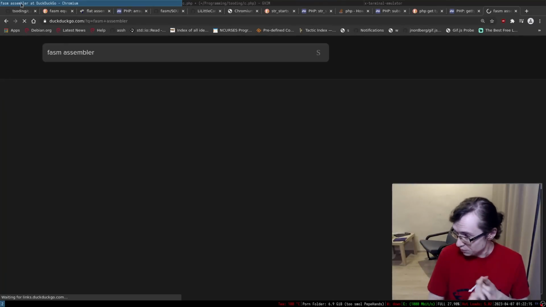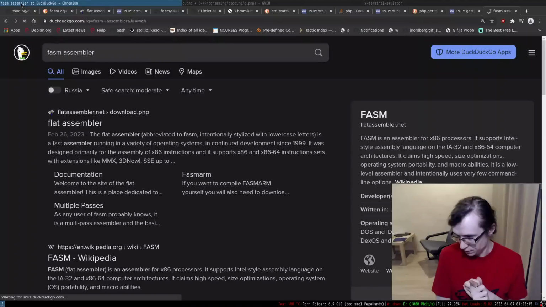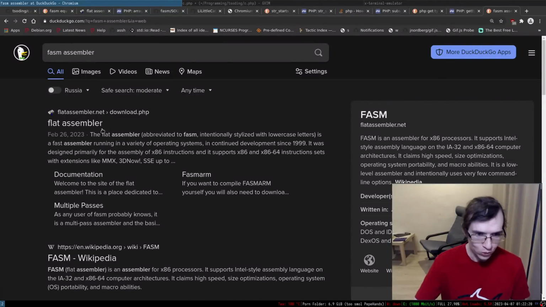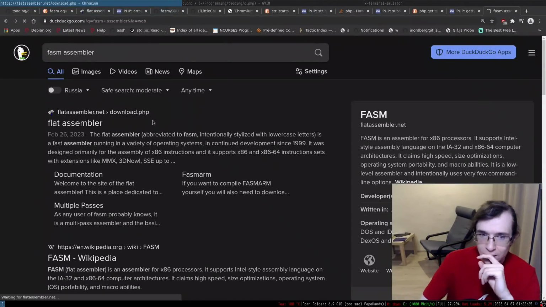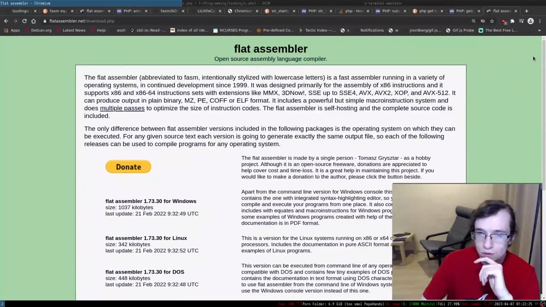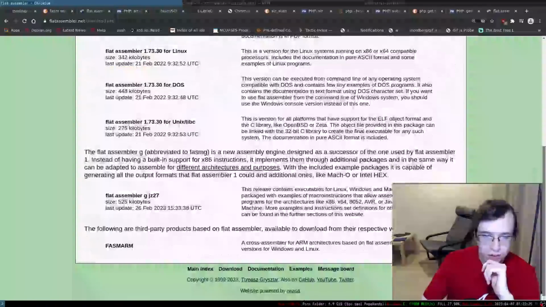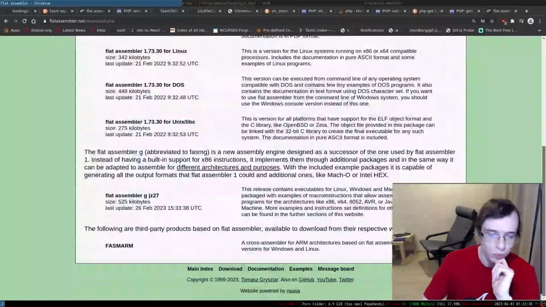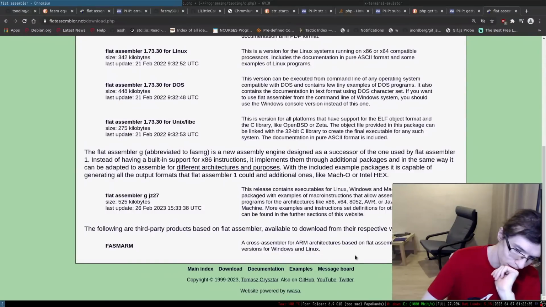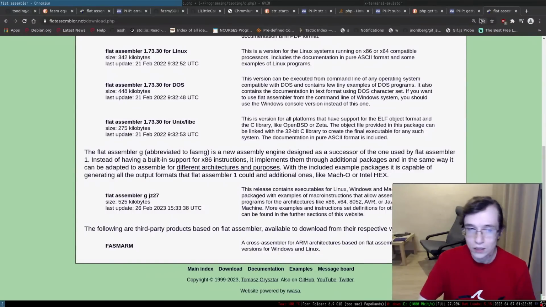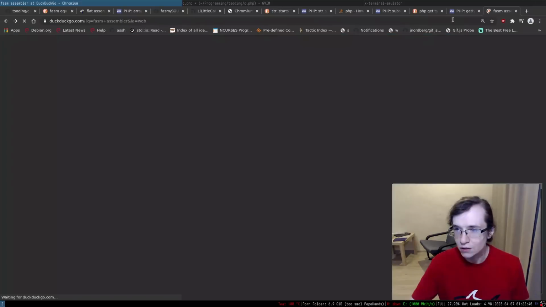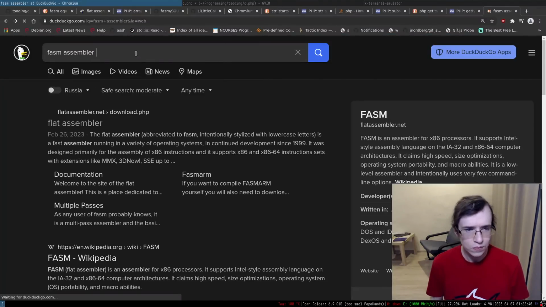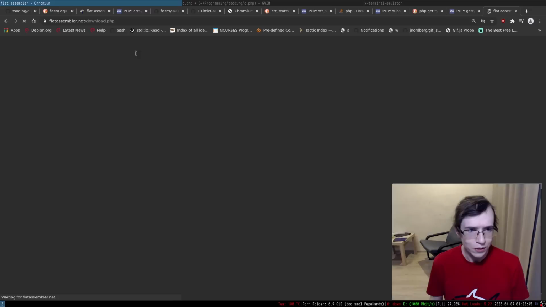They have an operating system implemented entirely in fasm. They also have a web server or something like that. It's so freaking cool, and it's still active. So this is the flat assembler. There was a board somewhere in here where they would communicate, but I don't quite remember where. Let me find the operating system. I forgot its name. Fasm operating system.